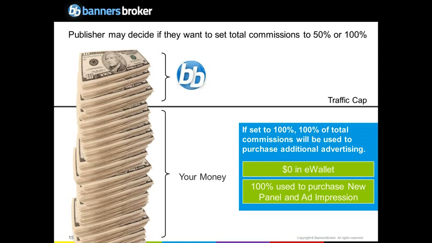Well, some people need that because they're building enough sales that they need to qualify more panels. Some people use it because whenever you have 3 of the same color panels, you can combine them and move up to the next level where you can earn more revenue. So there's many different reasons. Get together with your inviter, who can explain it to you in more detail. But these are the options you have, 50% and 100%. So folks, it's that simple. That's Banners Broker. That's how publishers earn revenue.